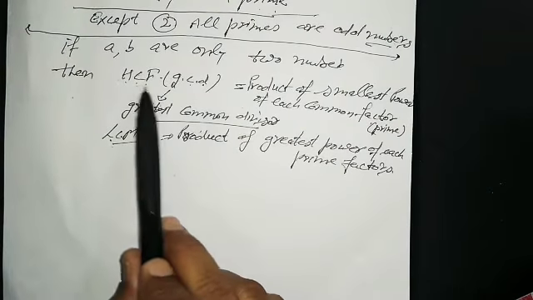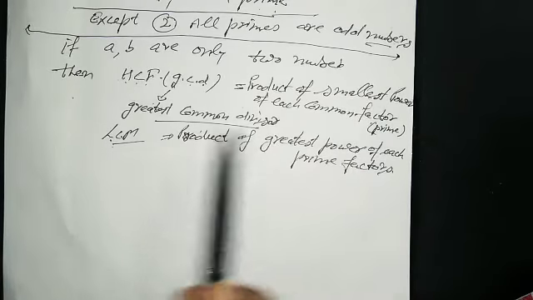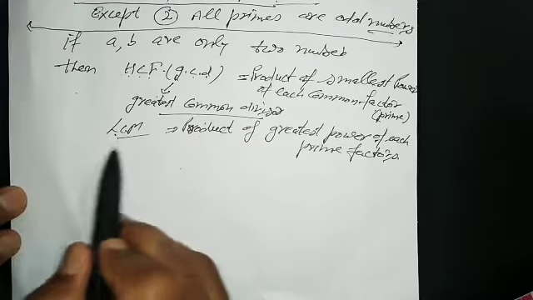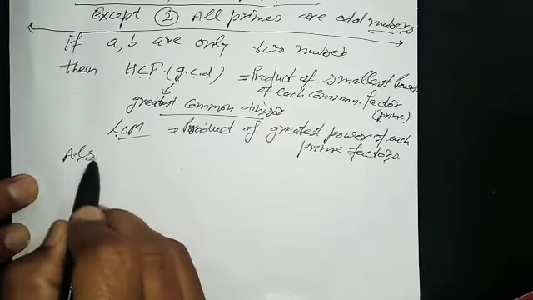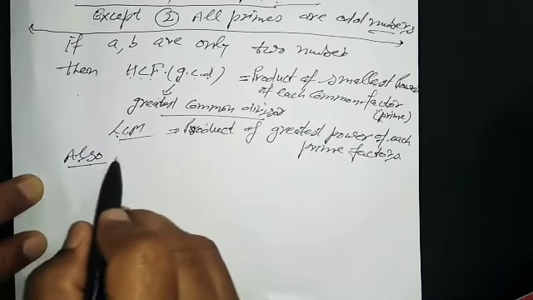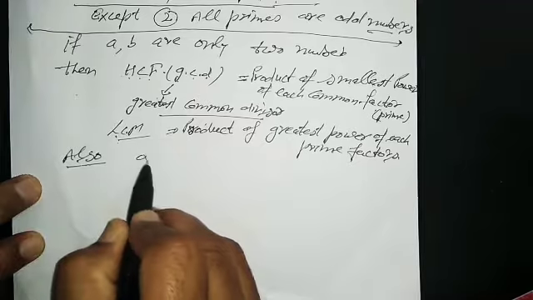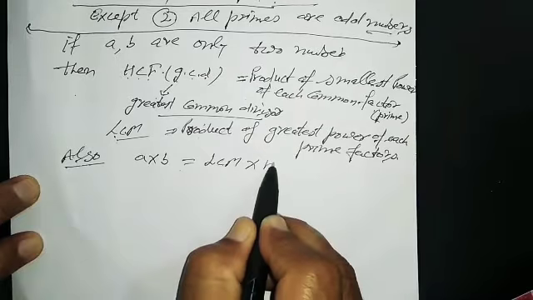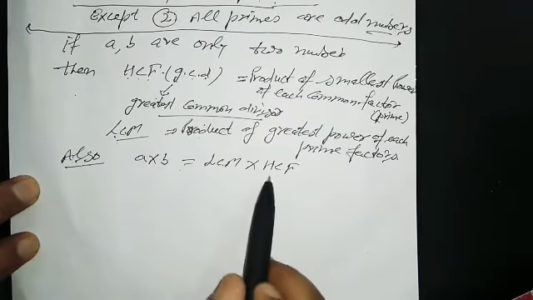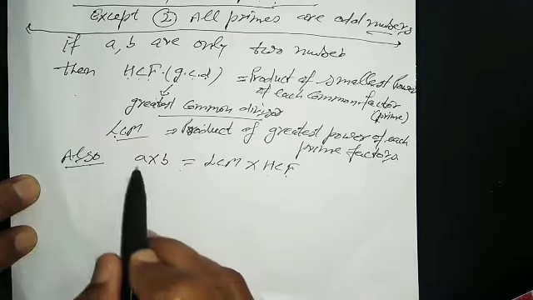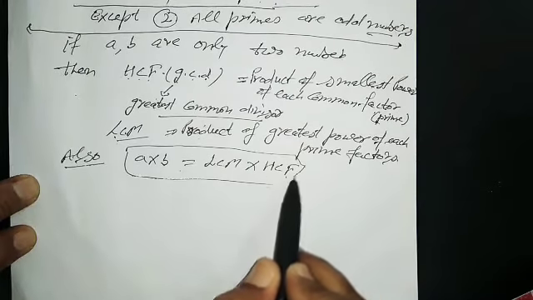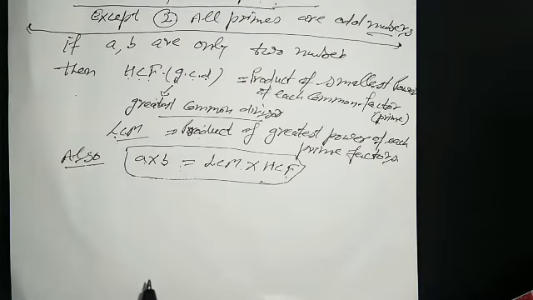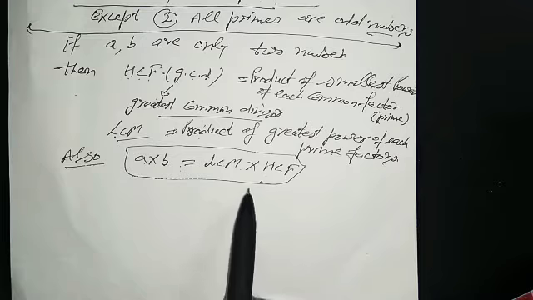So in HCF we use smallest power, and in LCM we use greatest power. So this is not a big question, as you have learned about that. Also you can remember this, product of these two numbers is equal to product of LCM and HCF. So if you have to find HCF, you can use this formula to find LCM. Also we have 4 variables, and if we have 3 variables, then we can find the 4th one with this